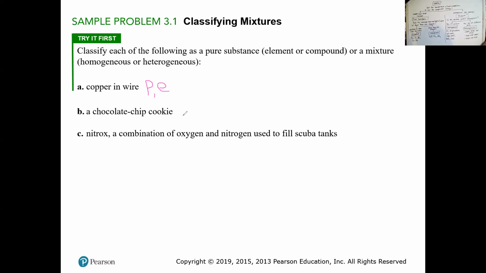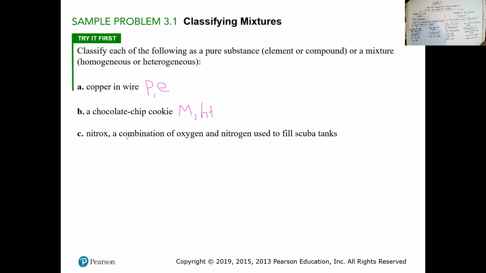Chocolate chip cookie. A chocolate chip cookie has a variable composition. It changes from chef to chef. So this is going to be a mixture, and you could see the different parts of the chocolate chip cookie, the dough from the chocolate pieces and whatever. So this is going to be a heterogeneous